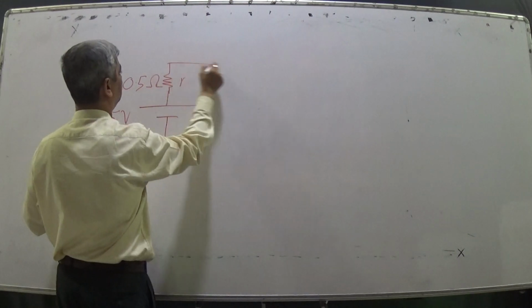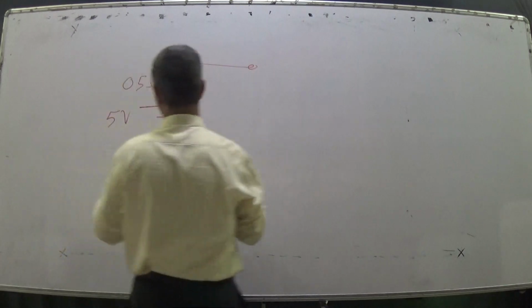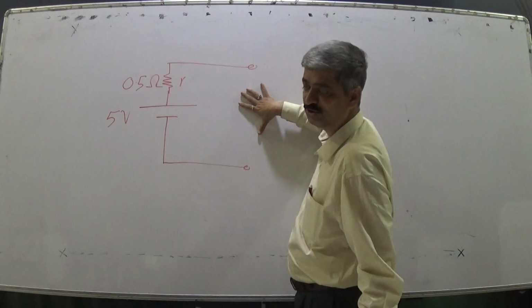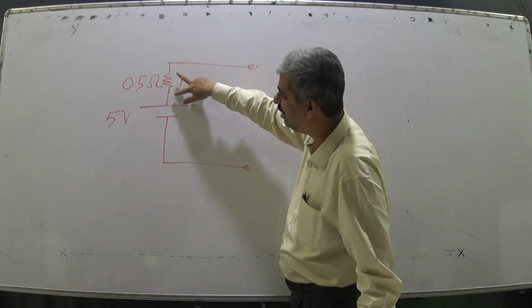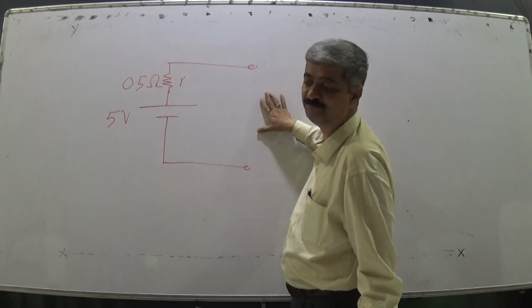is R. So if you keep it open, no current, no drop, 5 volts. If you short, all drop will be across this, 10 amperes current will flow, 0 volts here. If you connect